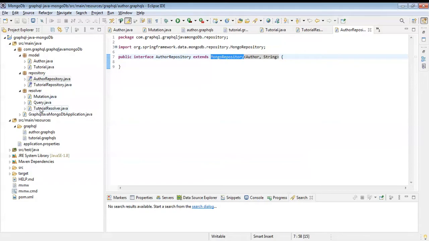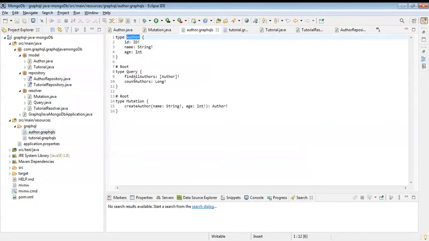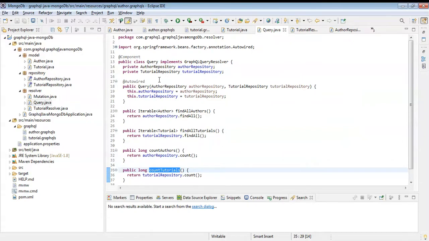As you have seen, there are query types in the schema, which we have to map through a query resolver. In Spring Boot, we implement the GraphQL query resolver interface to implement the queries we have defined in the schema.